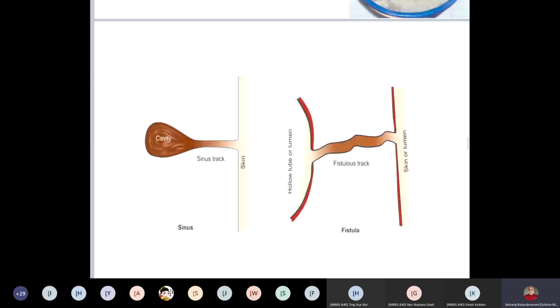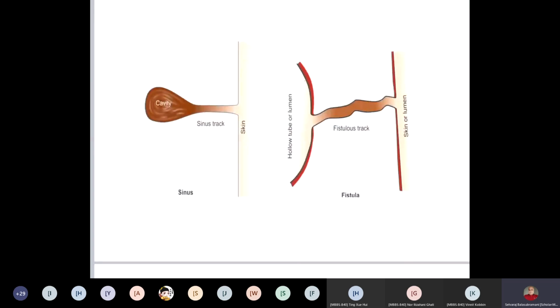Okay, now we have finished the ulcer. We are going to the sinus. It is already 1 hour. Sinus as well as the fistula, both we will finish. What is a sinus and what is a fistula? You are seeing 2 pictures. The first thing is sinus. The second thing is a fistula. Can you define a sinus, please? What is a sinus? This is a blind tract.